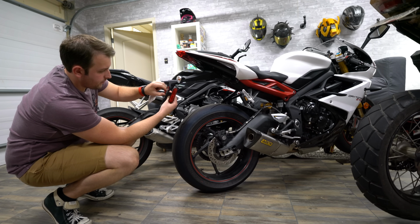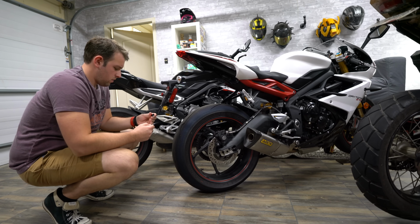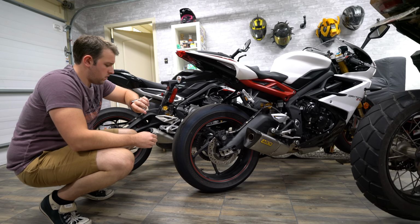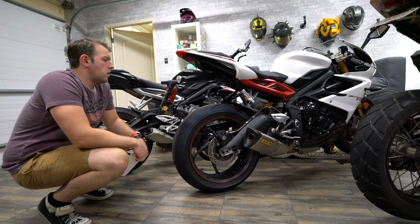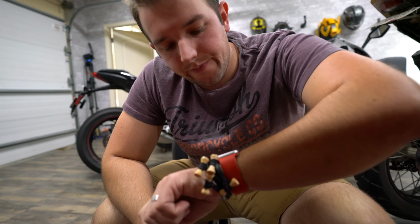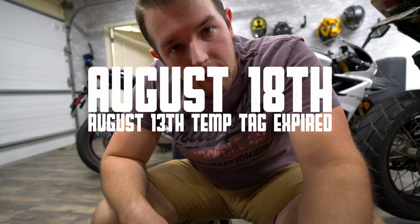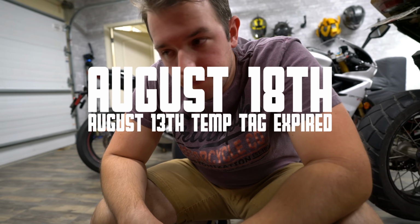This is the temp tag. That moment when you actually realize that today is August 18th and this temp tag expires on the 13th. Well, I guess we're just going to hope to hell I can get a tag today, because otherwise I won't get to ride the Daytona. Son of a...